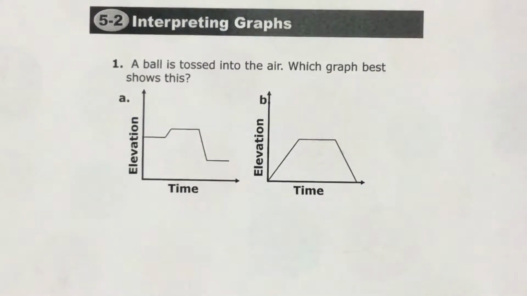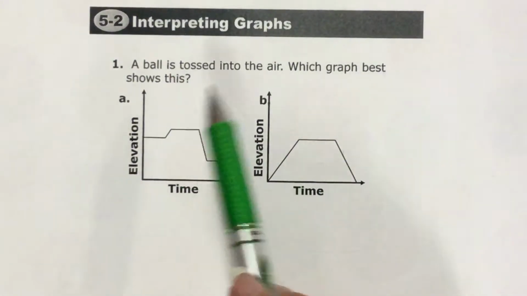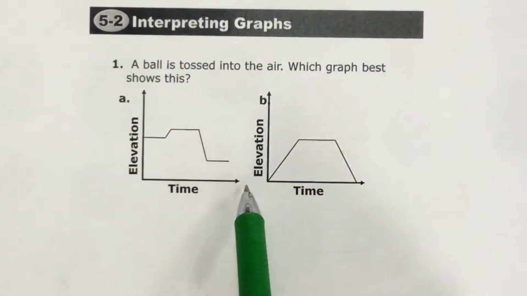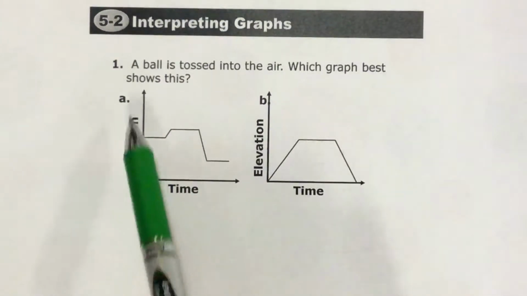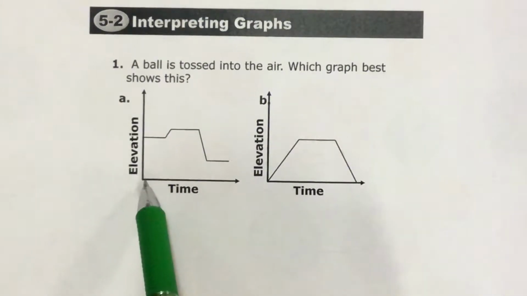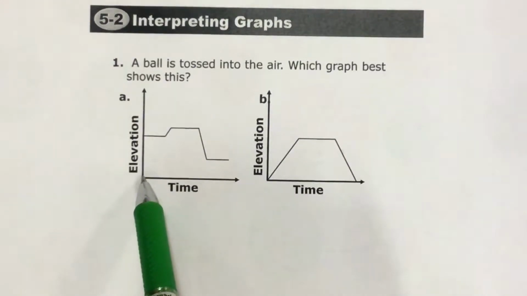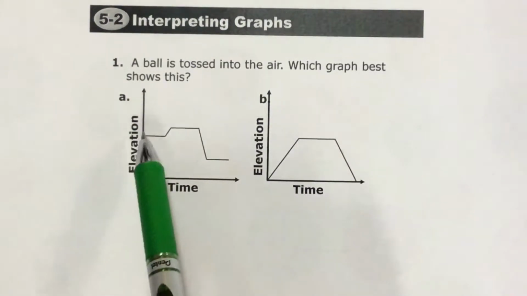All right, let's see how you did on problem number 1. It states that a ball is tossed into the air. Which graph best shows this? So this graph has time and it has elevation. So this graph, when time begins, this is when time is 0, this states that the ball would already be